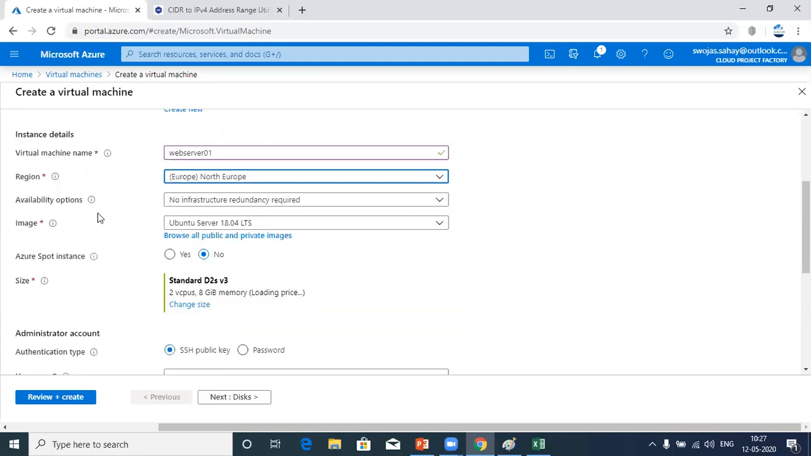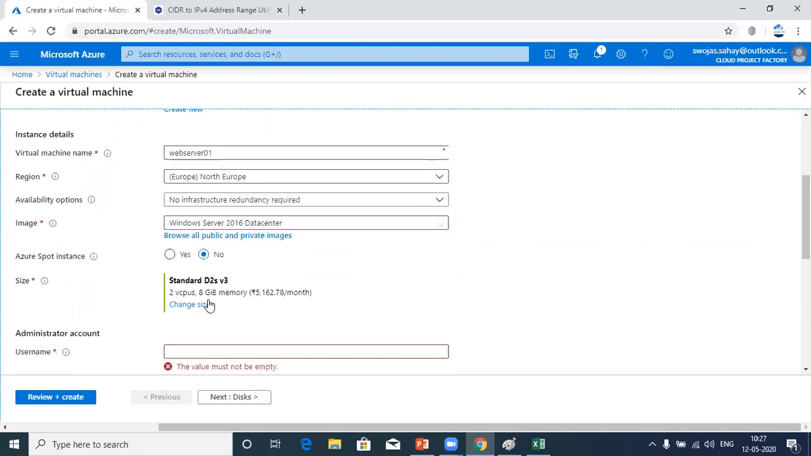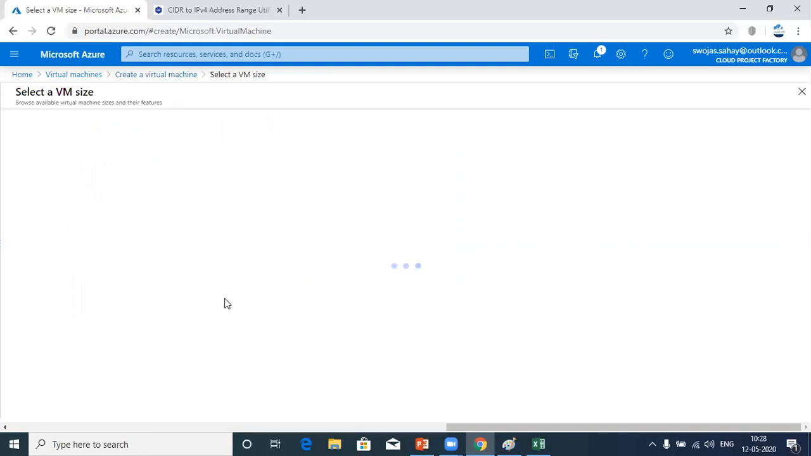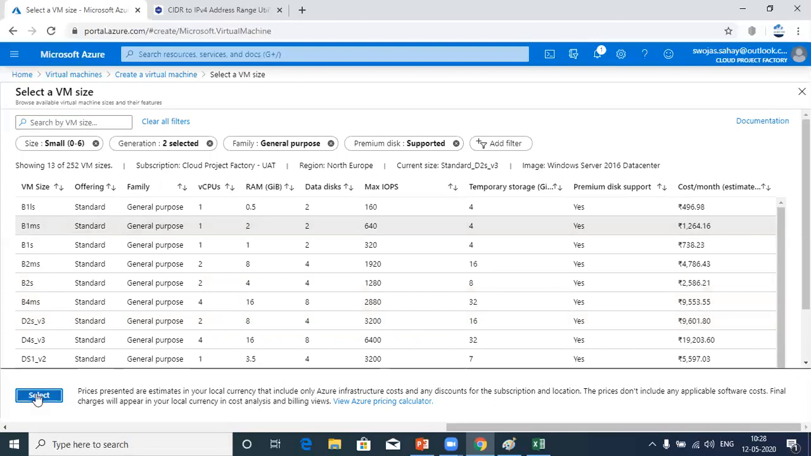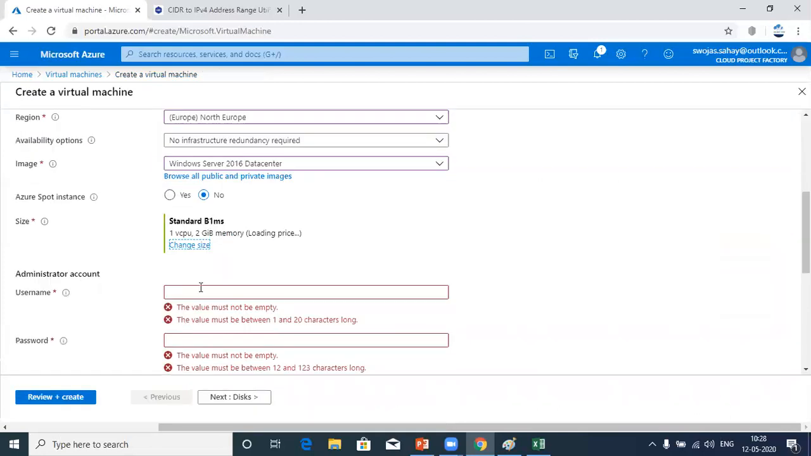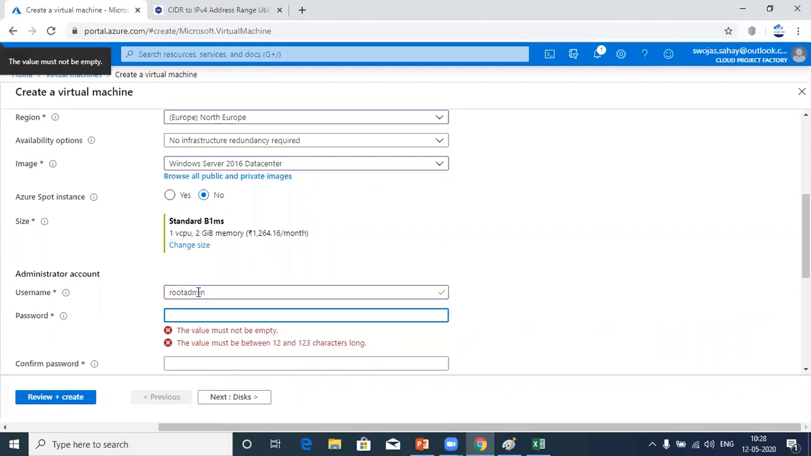Availability option, I'll tell that to you later on. And for simplicity, I'm keeping this as Windows Server 2016 Datacenter. And to reduce the cost, I'm changing the size to B1MS. Okay, I'm giving the username as root admin, and the password as